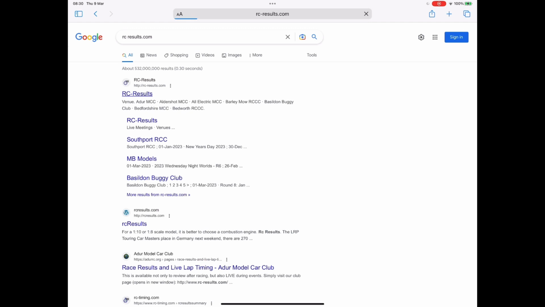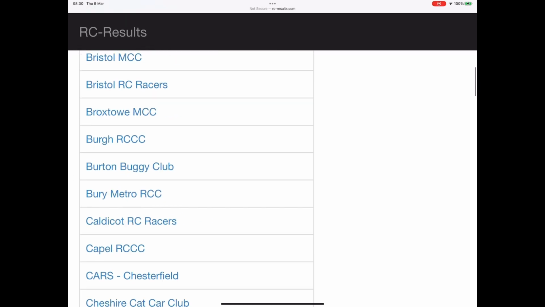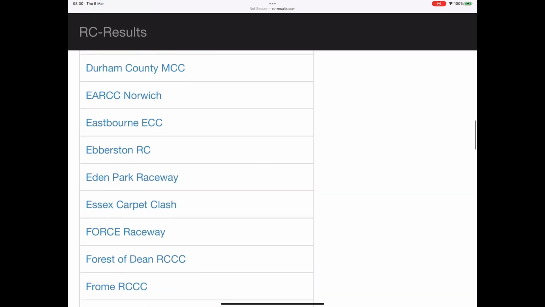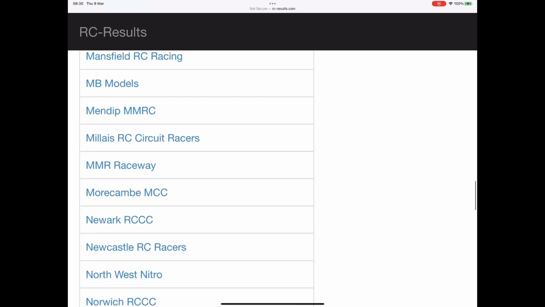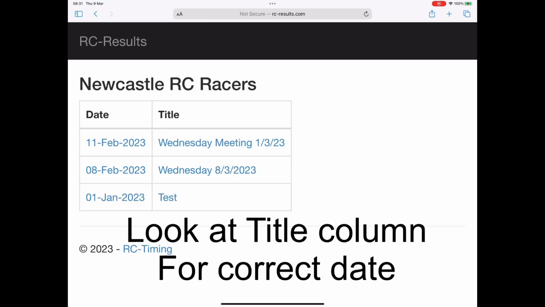Once into that section, you'll get to the home screen. If there's a live meeting, they would show at the very top. However, we're not live now, so we're going to scroll down. Look for Newcastle RC Races, so it's alphabetical. Just click on there. Once we click on Newcastle RC Races, you'll then get a list of the meetings